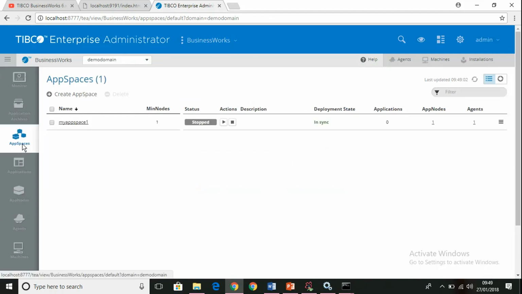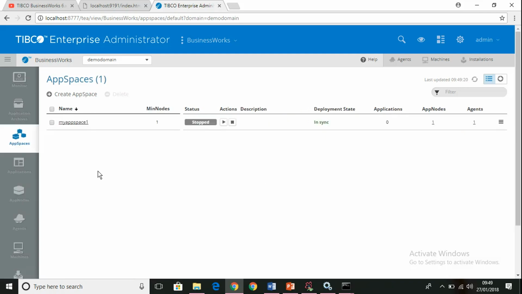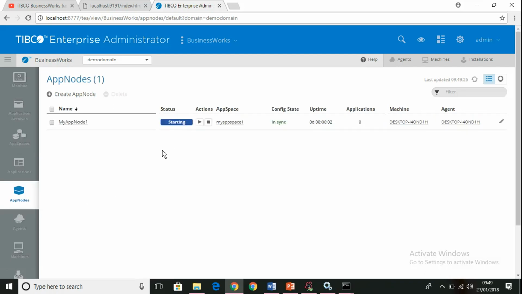Let me come to app space now. You can see the app space is stopped. Let us start the app space now. Let me try starting the app space, which will automatically start the app node as well. So my domain is up, my app space will be up, and my app node will also be there. So the app node is starting.